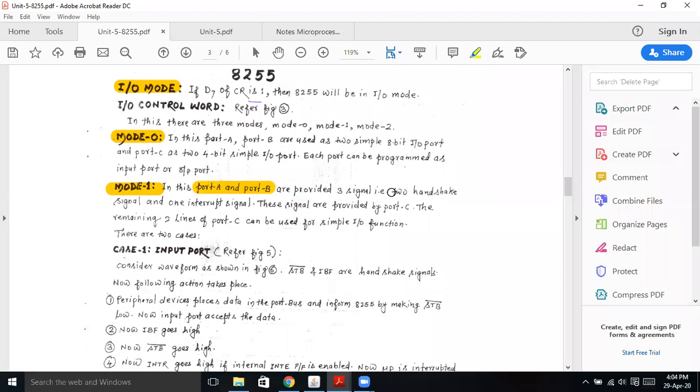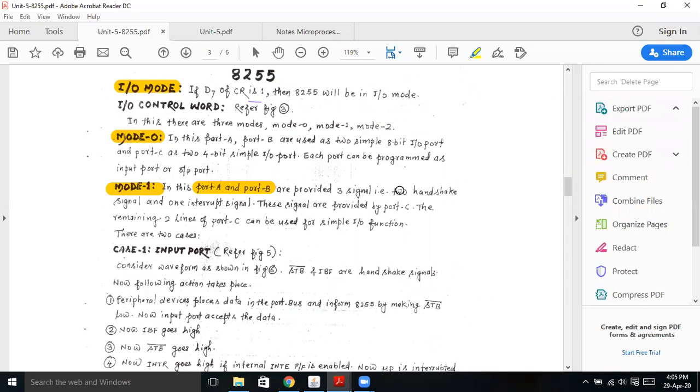When an external device wants to give some data to the microprocessor, or wants to read the memory of the microprocessor, it gives the interrupt request signal to the microprocessor to interrupt the current running program and to give access to that external device. So it generates an INTR signal so that the microprocessor can stop the current work and give access to the external device. In response to that, it will provide an interrupt acknowledgement signal.